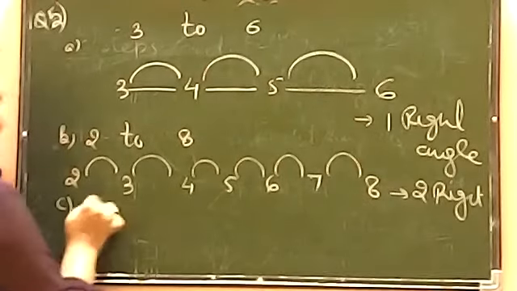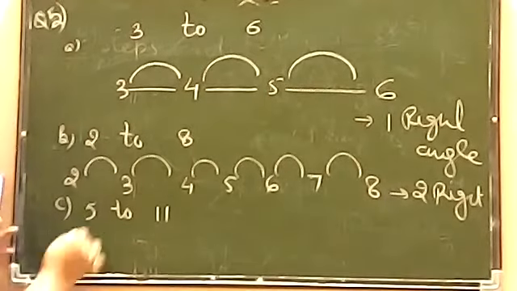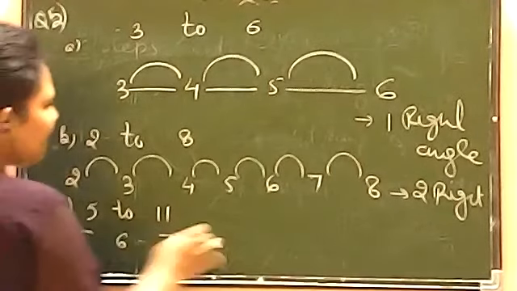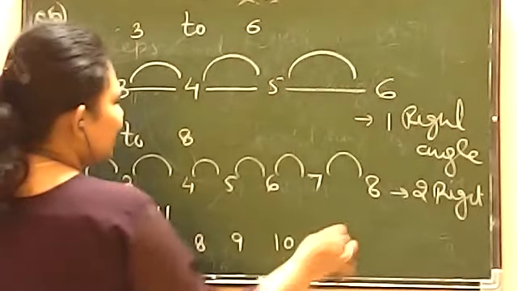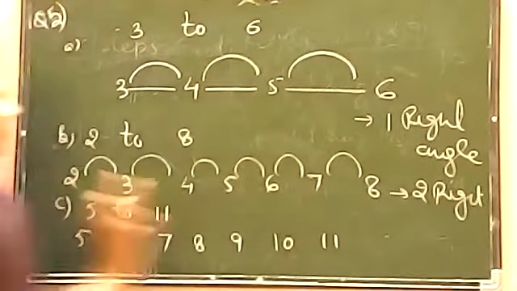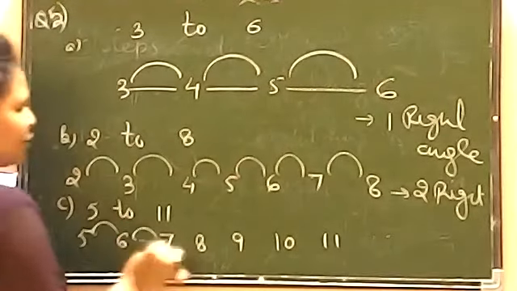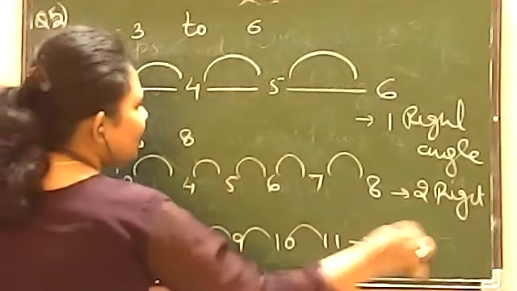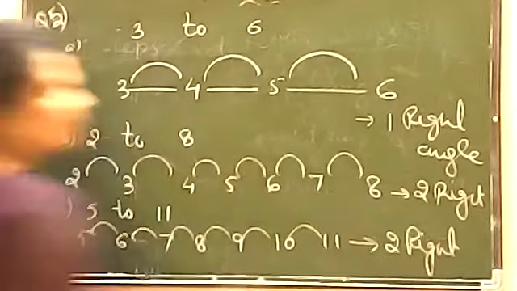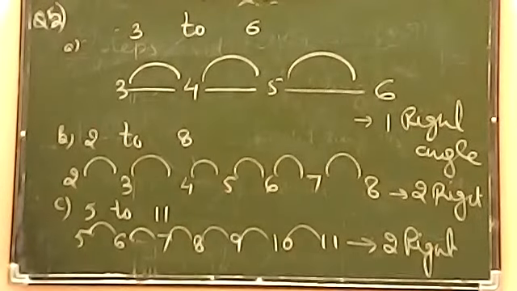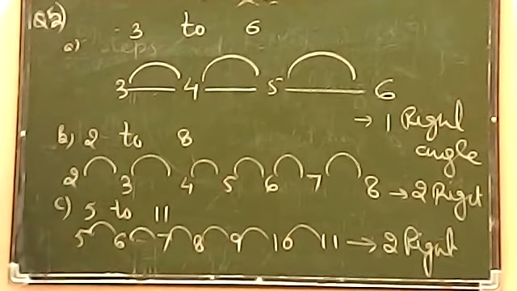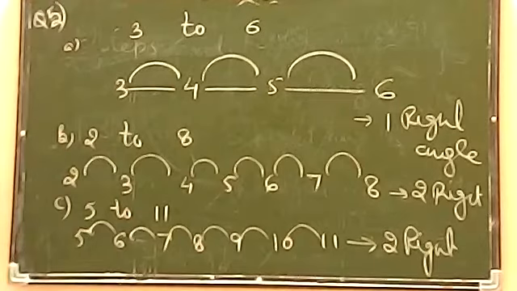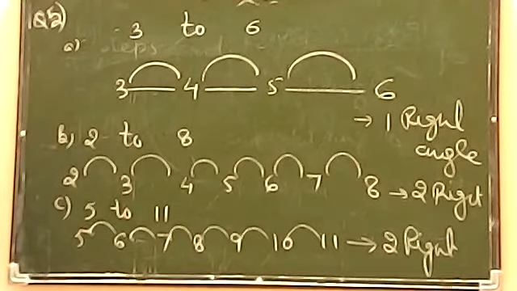Now 5 to 11. 5 to 11 means 5 के बाद आता है बेटा 6, 7, 8, 9, 10, 11, 12. We only want 12, 11, sorry. So 1 step, 2 step, 3 step, 4, 5 and 6 again. Answer will be 2 right angles. Fine. So you have to only count the steps. अगर आप easily answer लिखना चाहते हो, जल्दी answer लिखना चाहते हो, तो you can simply count the steps and you can write down the answer orally without any further calculation.